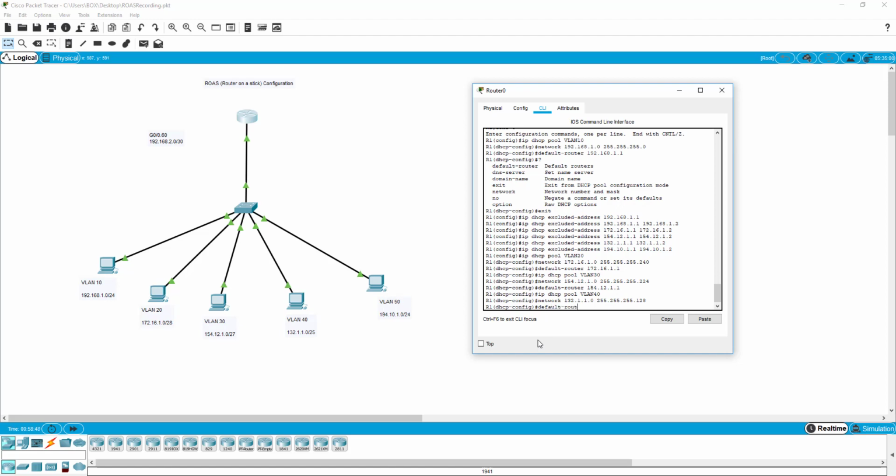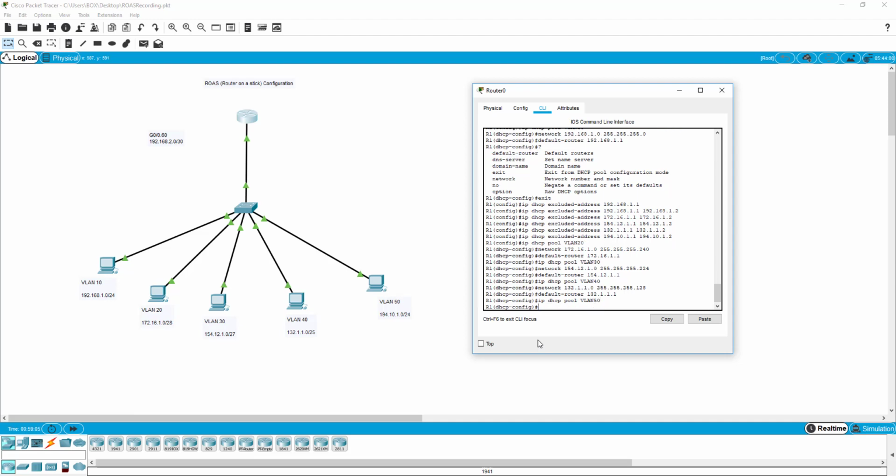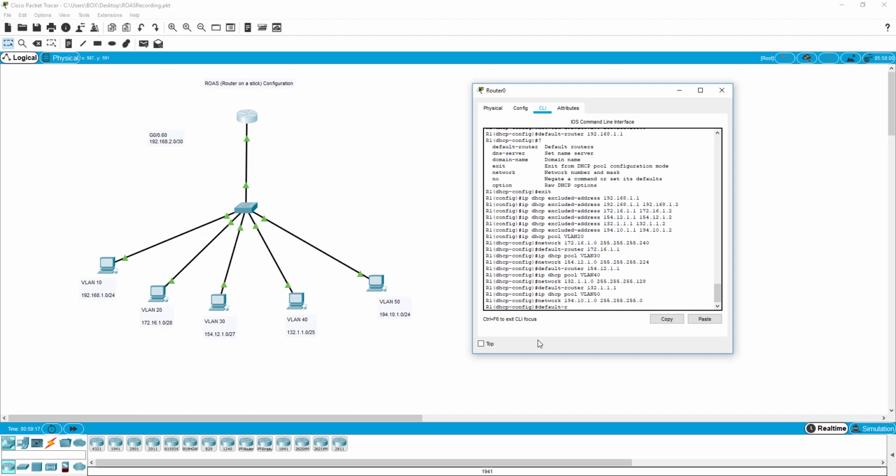Set up the default gateway now, default router 1. /24 subnet mask, and set up default gateway now 24.10.1,